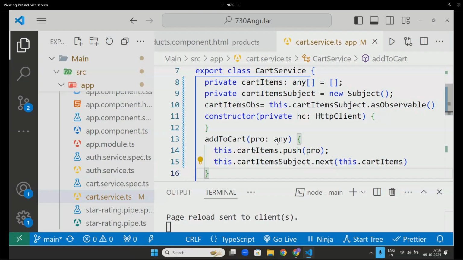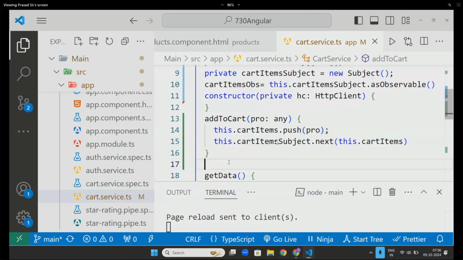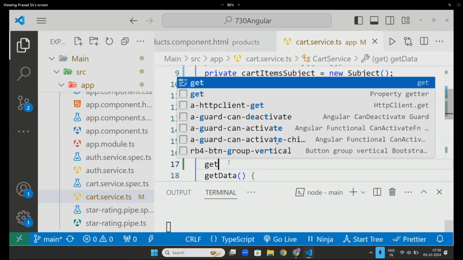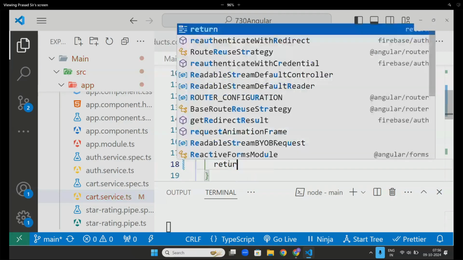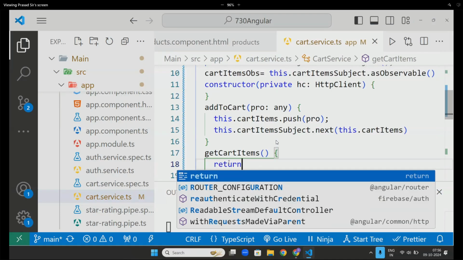Yeah. Now next one, sir. What if someone asks how many items are there? getCartItems, then automatically I will return this.cartItems.